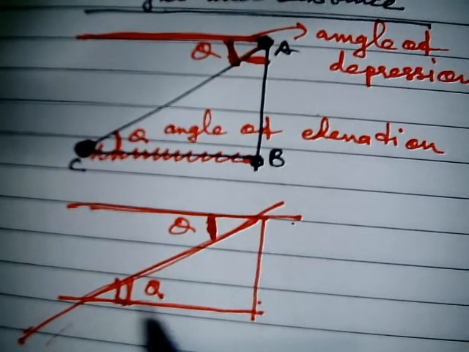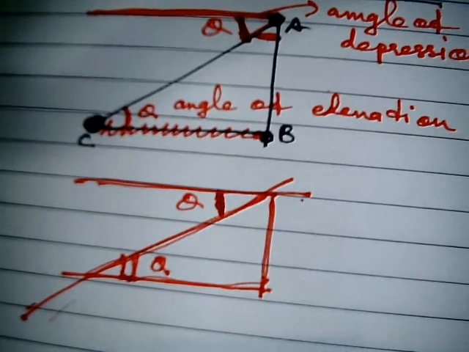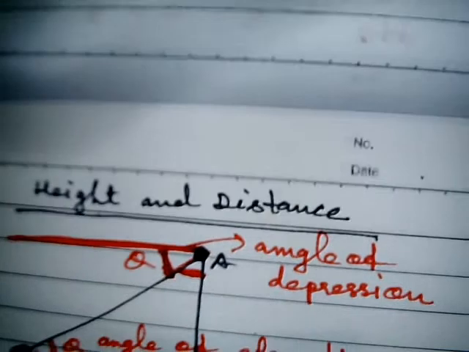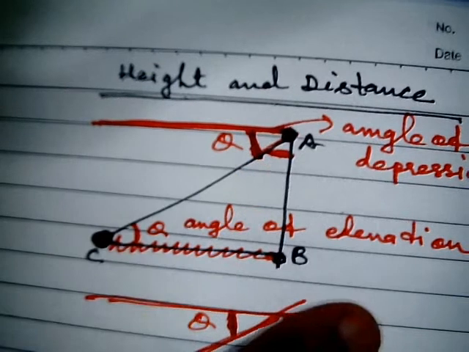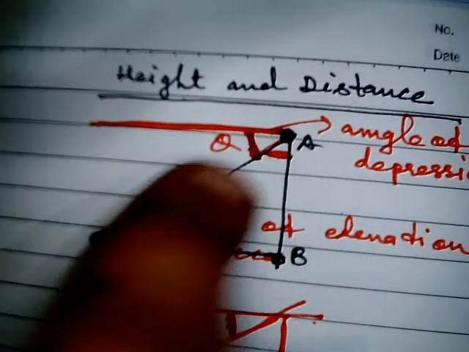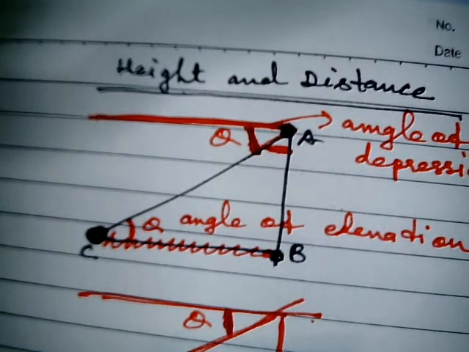So here we need to work on angle of depression and angle of elevation. If it is from bottom to top, that is called angle of elevation. If it is top to bottom, then angle of depression. All things depend on the question, and the rest is applying the six trigonometric functions. It all depends on what you apply, but the one mostly used in height and distance is tan theta, or sometimes sine or cos, but I have seen tan theta used the most, and we prefer to use tan theta.